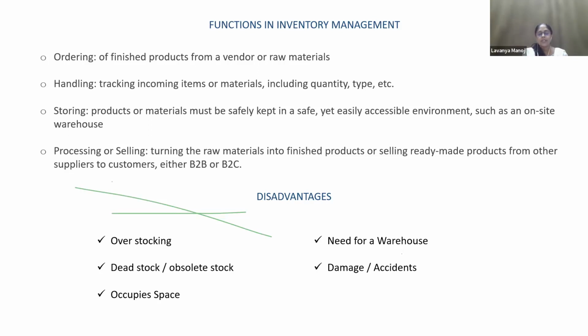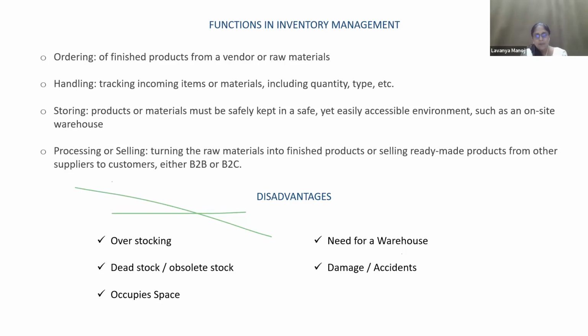Okay, so these are the few disadvantages, the limitations I have mentioned. Overstocking, which leads to dead stock, which of course is a loss to the company. And it occupies space, that is, thinking that this product will be in demand and producing more, so it stays on the inventory floor, the inventory shelf, for a longer time. It occupies space, so there is no space for the new product to come in. And there is a need for a warehouse: if you produce more, you have to keep the excess products in the warehouse.